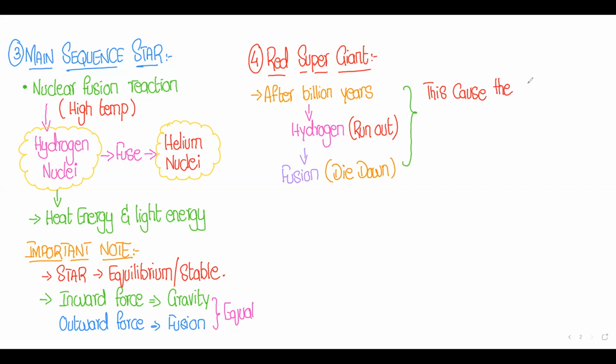this cause the core to shrink, because we know that there is a gravitational pull which is always applying, or which always tries to attract all the other objects towards the center. So that's why this causes the core to shrink, and also it will increase the temperature, because now no fusion reaction takes place. So that's why all the energy is going to work like increasing the temperature of that specific star, right? Yes. And further,